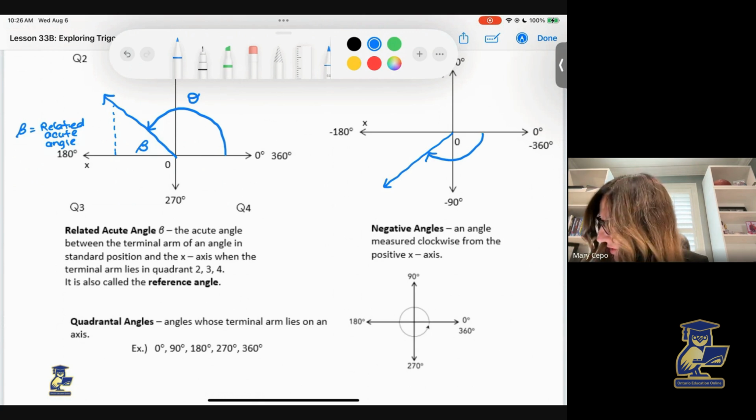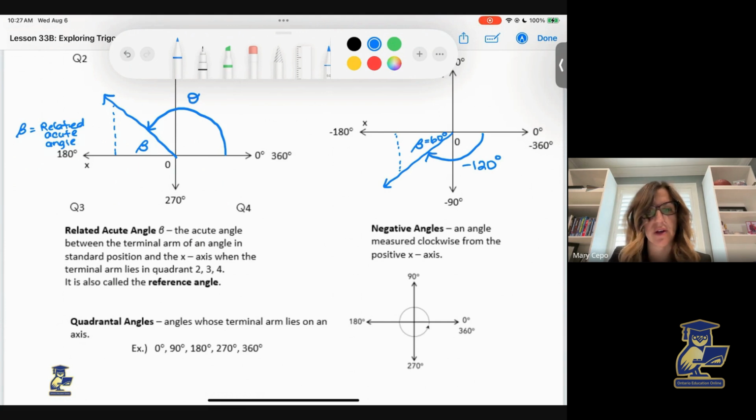So in this case, for example, that could be something like negative 120 degrees because the angle is moving clockwise. And therefore, the related acute angle would be in here, and in this case, it would be 60 degrees because we know right up would be negative 180. That related acute angle, we always take the absolute value,